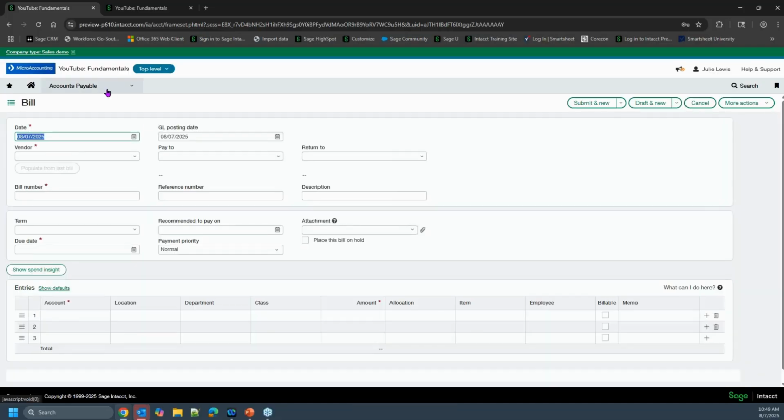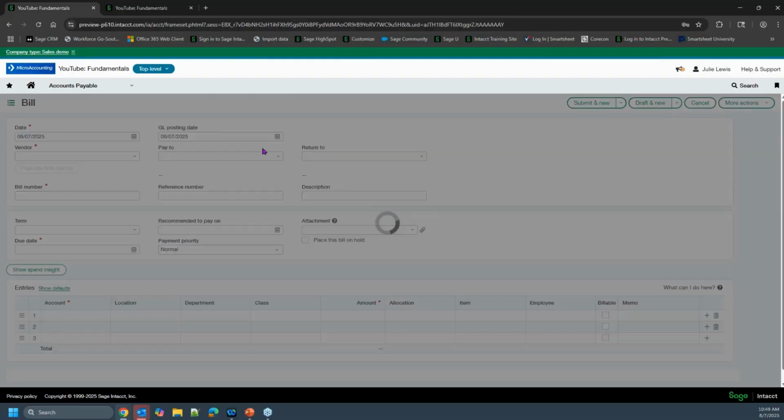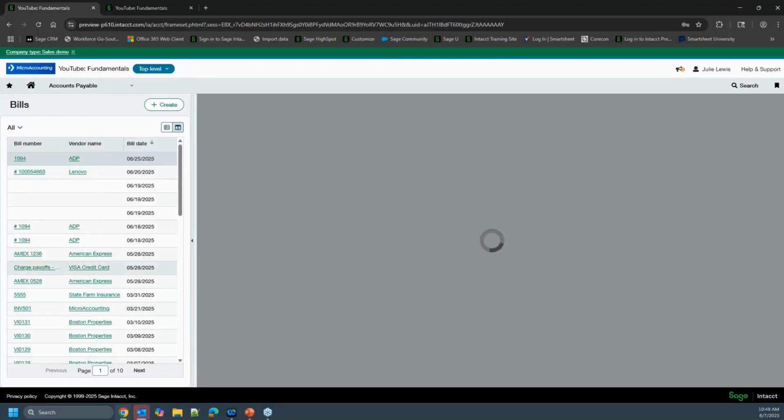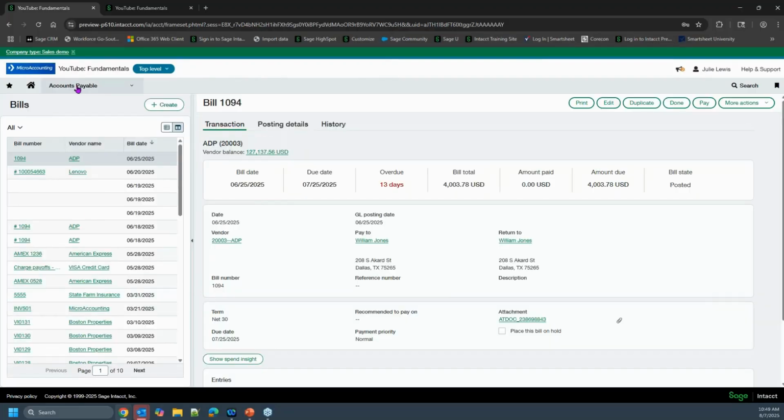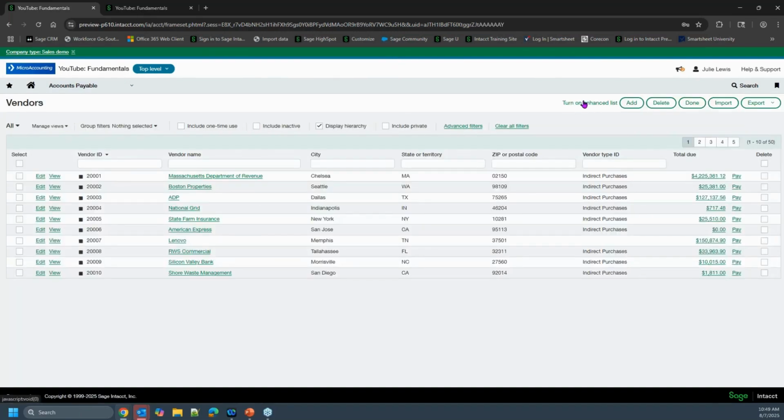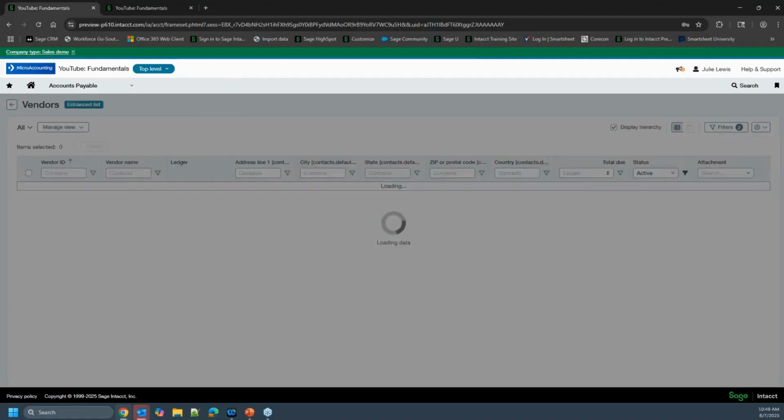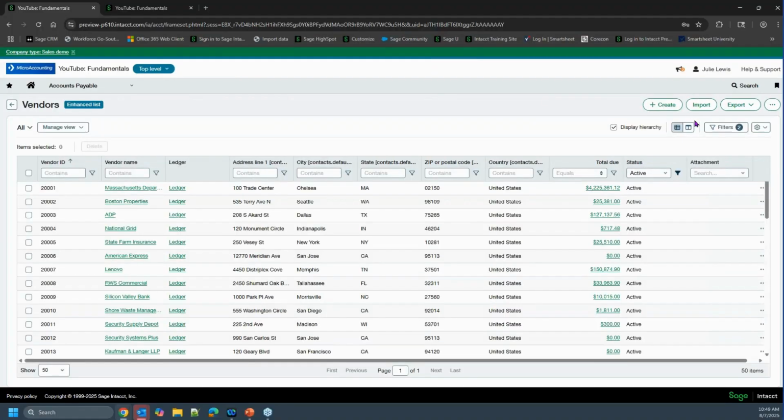So again, you're in the bill view, and you can create your bill without going back into the top level and saying AP bills add. You're right in that list view. Right from this view, I can create a bill. Same thing with my vendors. So if I turn on the enhanced view and split view,